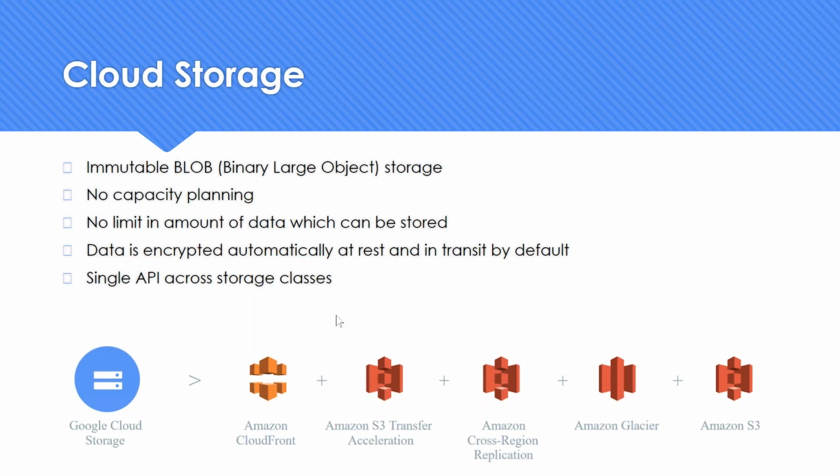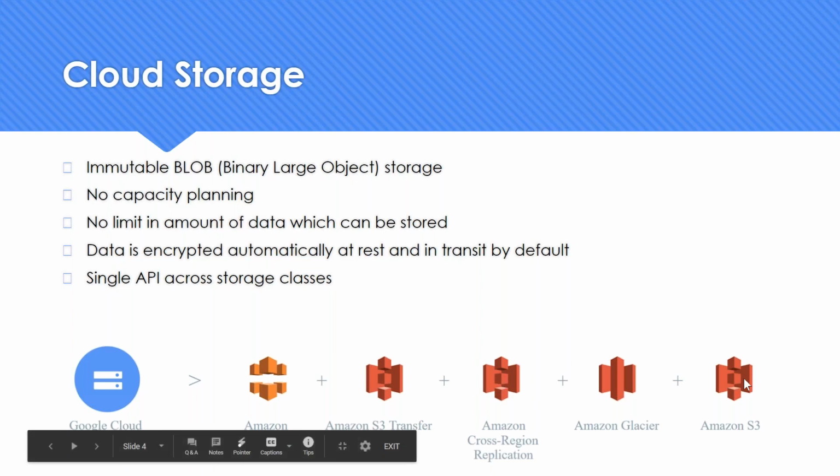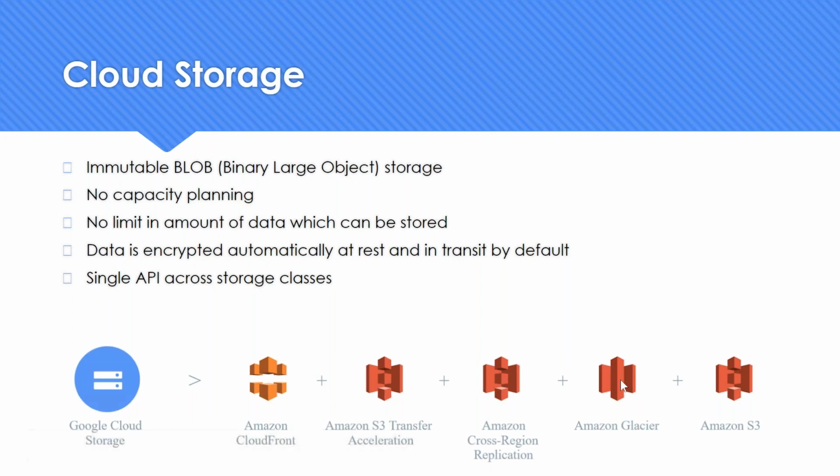But when you compare it with other clouds, for example AWS, if it's hot data, they use S3. If it's cold data, they use a product called Glacier. So two different products in AWS itself means what? You as an individual should excel in learning both, and you should use two different APIs. So the learning curve is more, and you have to excel in two different APIs. But when it comes to GCP, one single API,